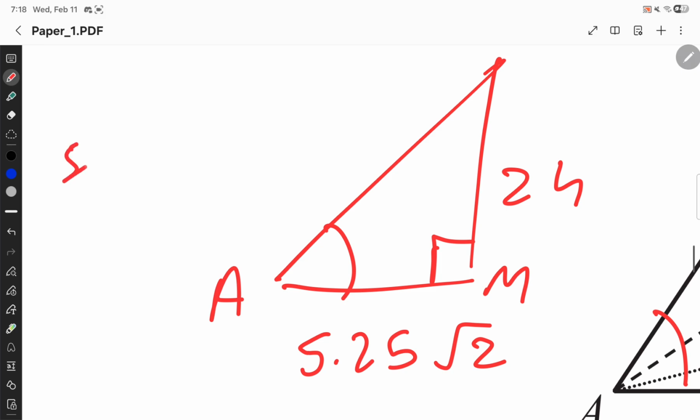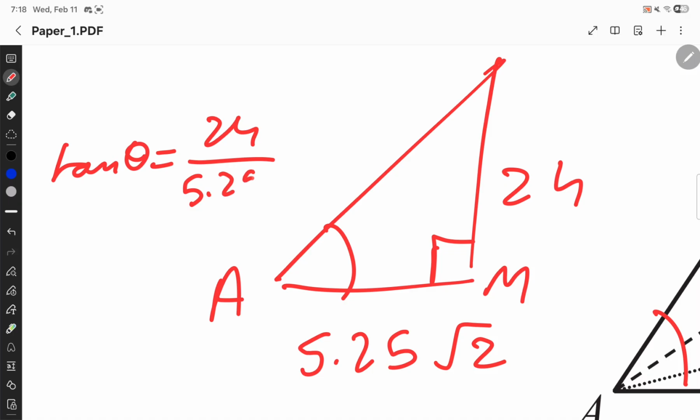Okay, why? Because for SOH we do not have the hypotenuse. For CAH we don't have a hypotenuse. For TOA we have opposite and adjacent, so we have tan of theta is equal to opposite over adjacent, 5.25 over root 2, and we need to do inverse tangent of 24 over 5.25 root 2. Make sure the calculator is in degrees mode, and theta is equal to